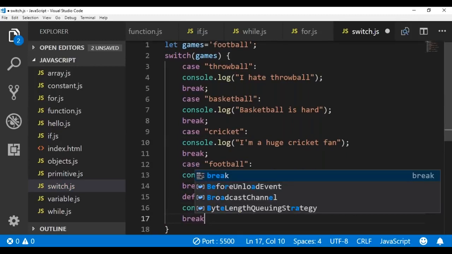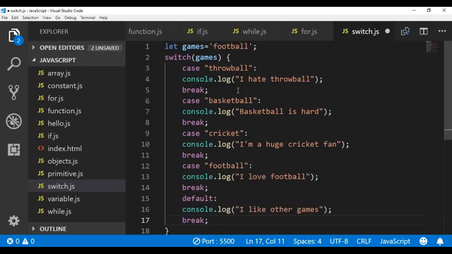What I've done here is I've defined a variable called games and the value of that variable is football. Now I'm passing this variable into the switch statement. If the value of this expression matches any case, then that block will get executed. Here the value of games is football, correct? So you're going to look for football. The case over here is football. So basically, this is going to get executed.